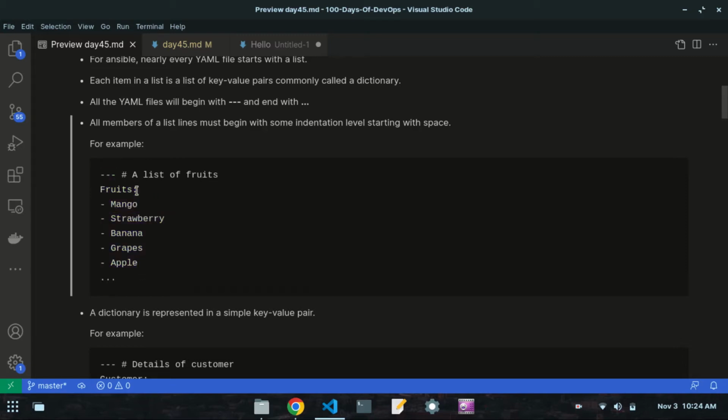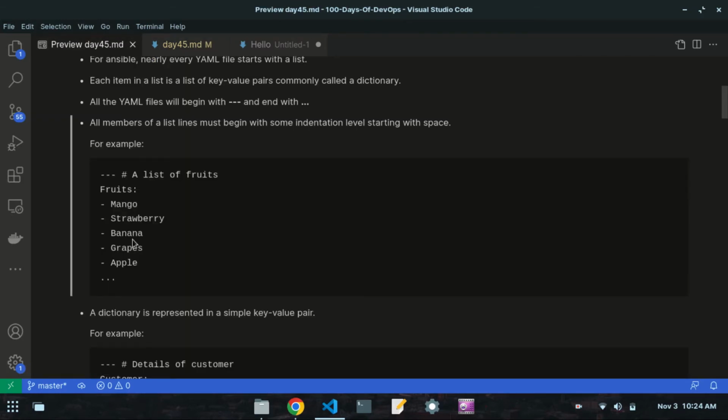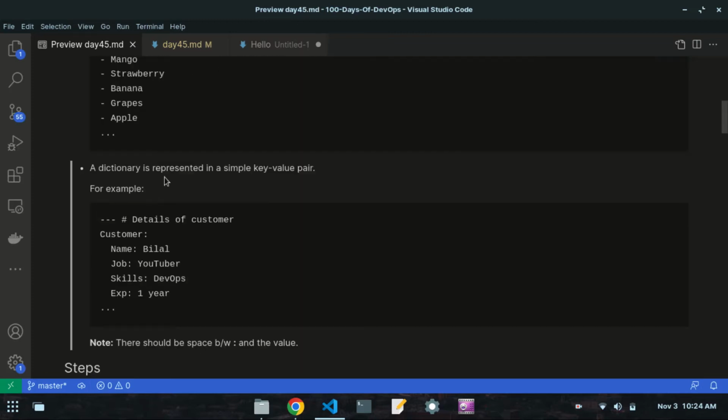This is a fruit, sorry, and this is the list of fruits. Alright, and after that this is the ending point of the YAML. Similarly, if you want to take a look at the dictionary in a simple key value pair, this is